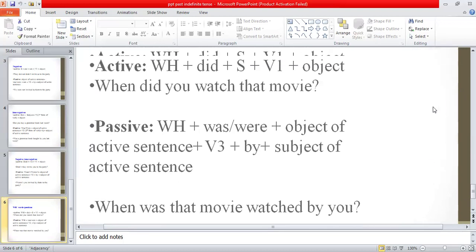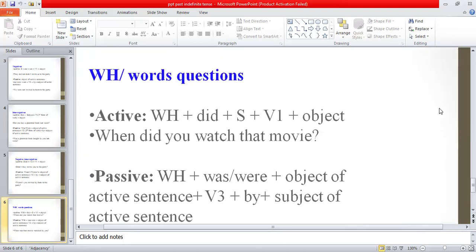So I hope students, your idea with all these kinds of sentences is quite clear by now. You can easily revise them. You can easily practice them again and again. So it will be easy for you to change them from active into passive. Again, I would say that the structure formula is very, very important with all the tenses. If you know the structure formula with every tense, then there will be no mistake at all.